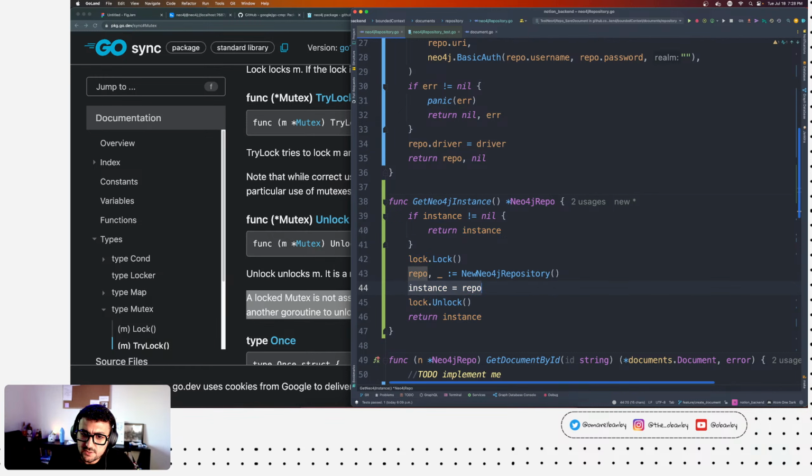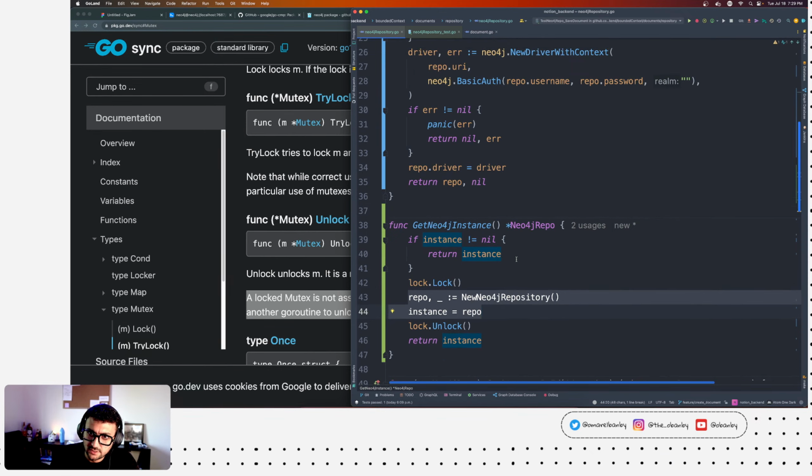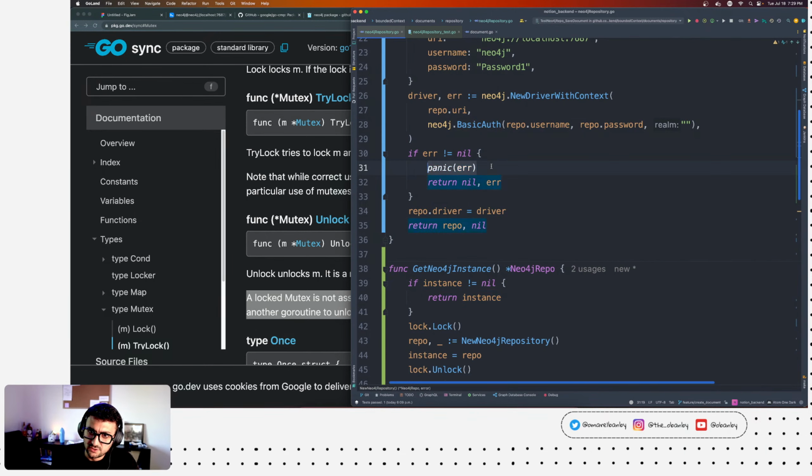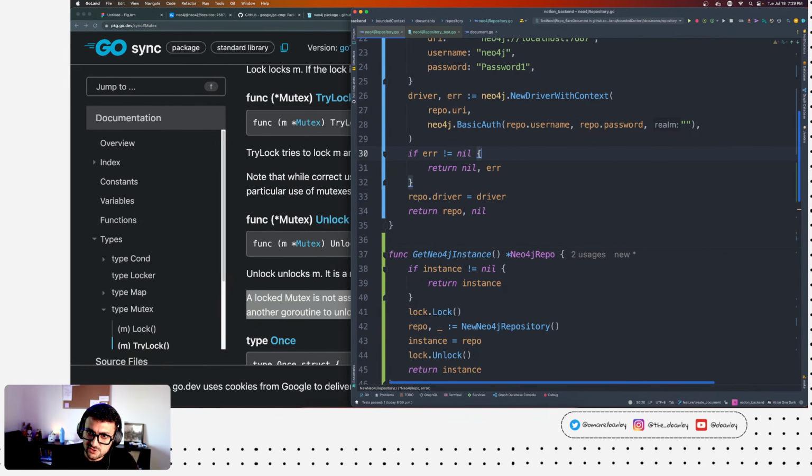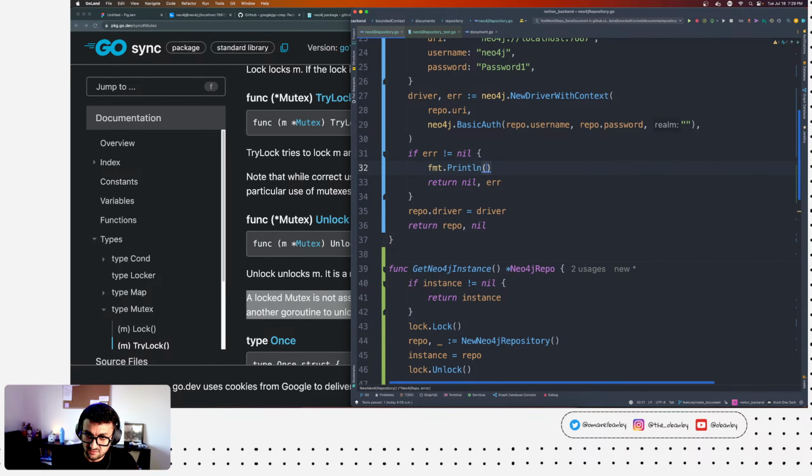Interesting. I'm just trying to see, how come it is possibly returning nil? Because mind you, there are no panics happening here, right? So if the panic doesn't happen here, let's just do this with an error, right?